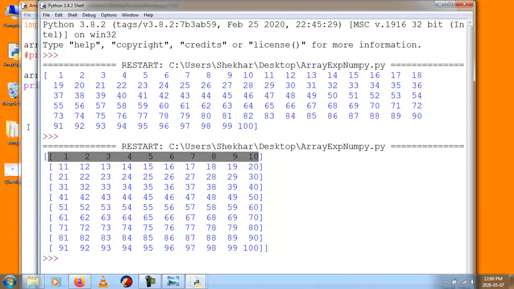I need to slice this matrix. To slice this matrix, what I require is each and every row, the fourth column, which is our 5, 15, 25. So it's the 0, 4 and 1, 4 and 2, 4 and 3, 4 index, and so on. So I require to use the slice method here.